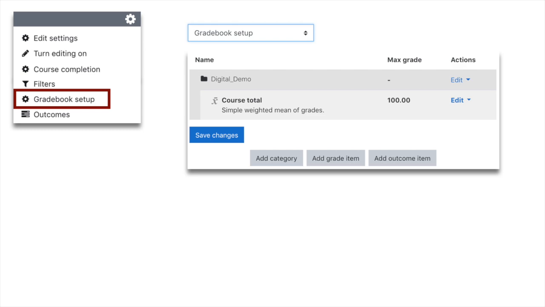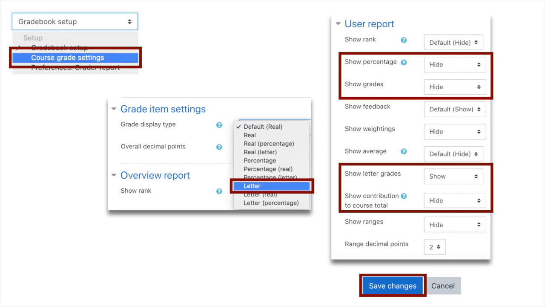Okay, so again, using the cog feature, come down four from Edit Settings, you'll find Gradebook Setup, and this is the page that is revealed. At the moment, there's a drop-down box saying Gradebook Setup, and there's many more features in there that you can play with later. And you'll see Add Category, Add Grade Item, Add Outcome Item. So what I'm going to do is go to,